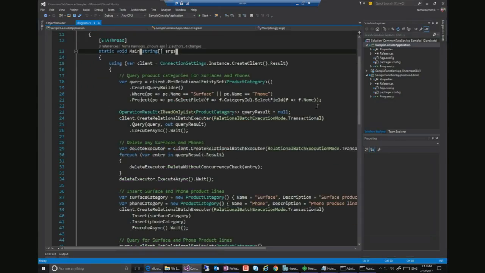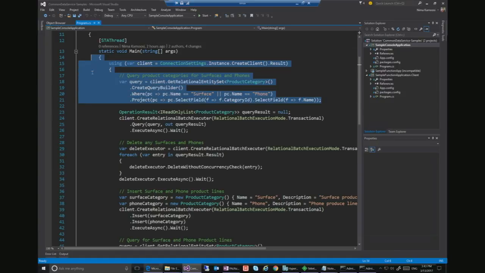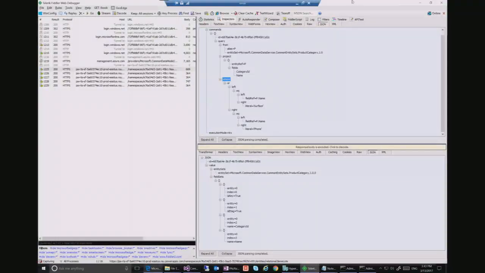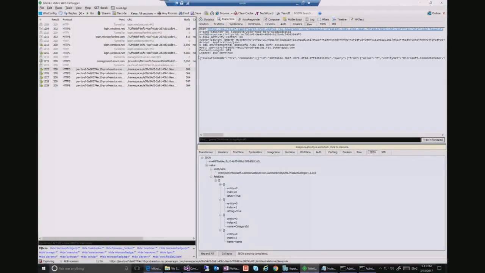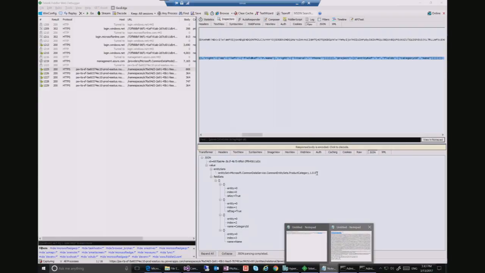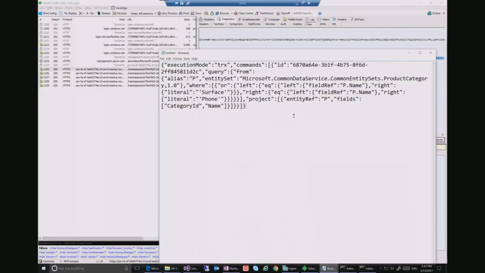Can you show it as JSON as raw and then paste it in? So maybe we can see the raw JSON. I can certainly do that too. So on the code, you see the expression expressed in C#. That corresponds to what's showing up here. So let's do a copy paste of the JSON itself. That's kind of what it looks like.